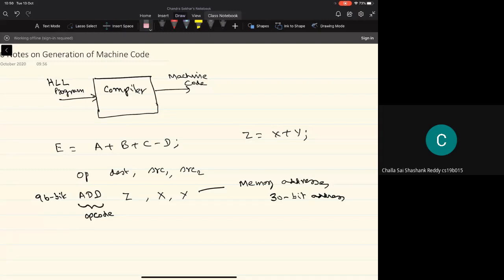So then we require 3 memory locations to be accessed to get the complete information about the instruction. What does that mean? In order to execute one instruction, I have to fetch the 96 bits from the memory, which means I have to fetch the contents of 3 memory locations, which means I need to perform 3 memory read operations.